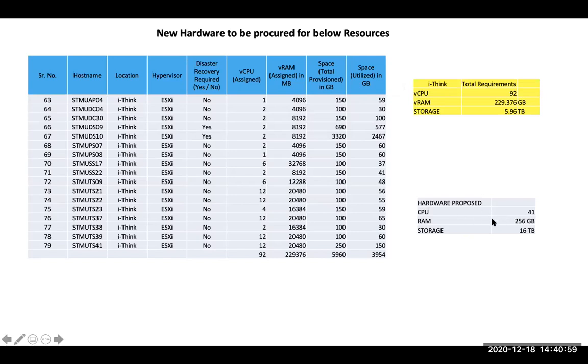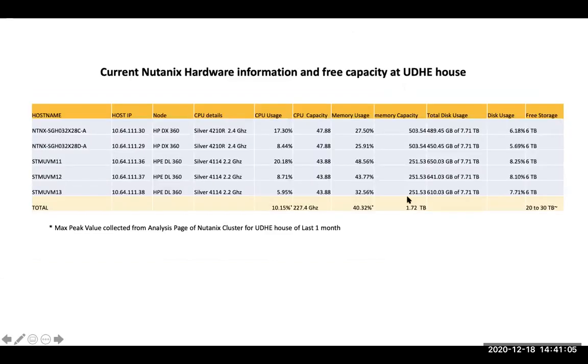And this is the hardware proposed. I will show you the hardware that I have come to. And then this is the free capacity which is there in the UDHE house, the current total CPU and all. What I have realized is that the CPU utilization currently at UDHE house is pretty low.